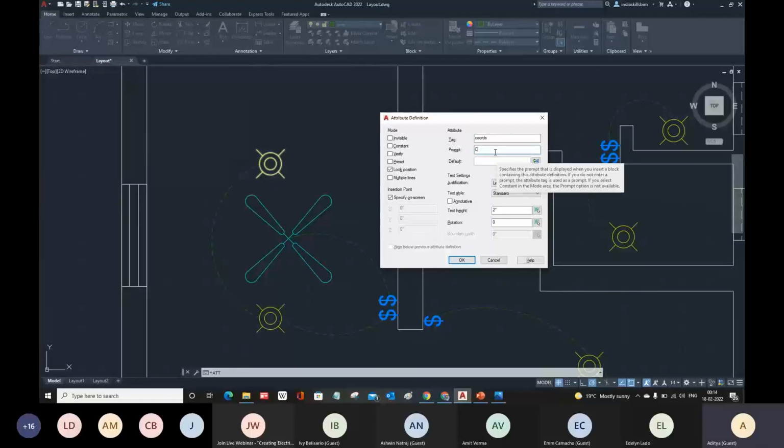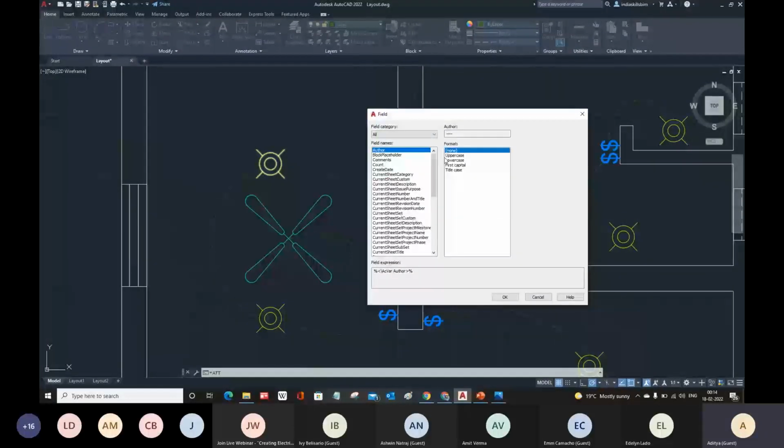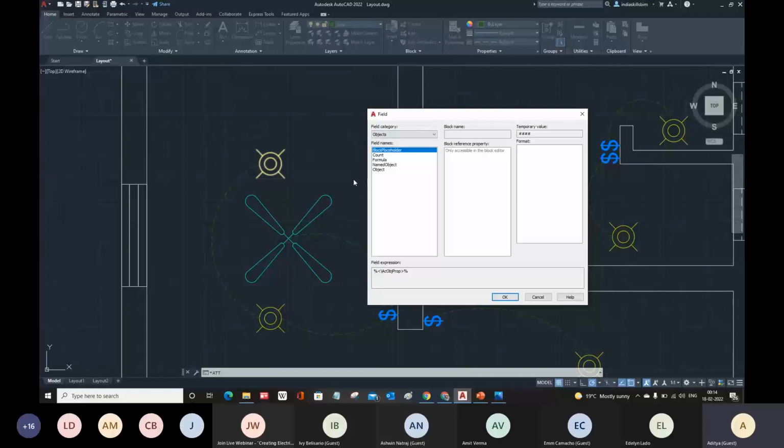We need to specify this attribute using this existing object. So click on this item here, insert field, and then it will ask you to specify the field category. The category is all. Instead of all, I need to choose object, and inside the object I need to select the object. Here we have block placeholders, count, formula, named objects. I need object here, so choose object, and then object type is my object.